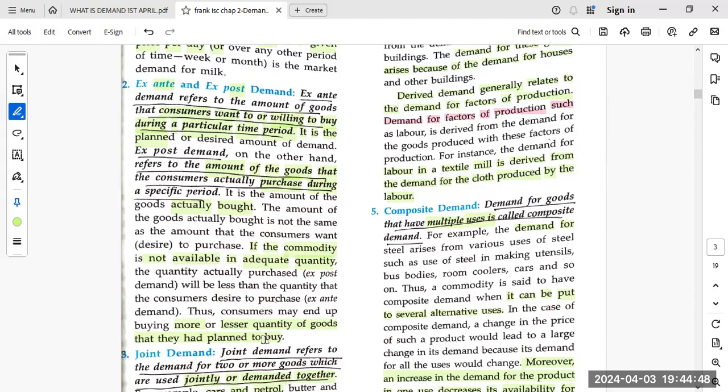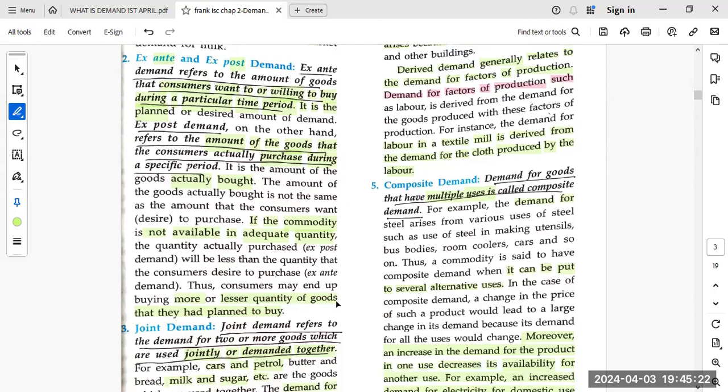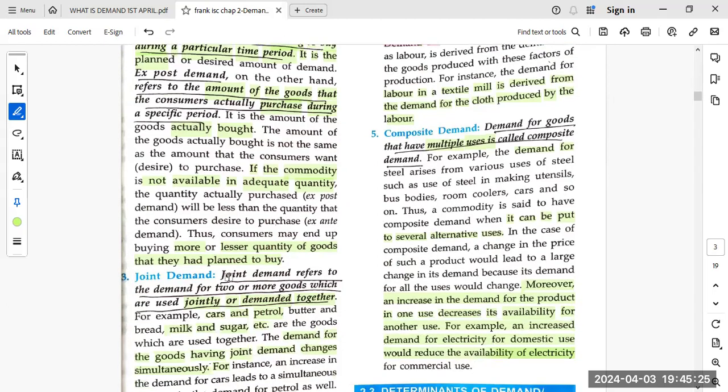Okay. In real life, have you ever encountered this, that you have planned something and purchased some other quantity? Yes, ma'am. Generally with food items, you would have planned to eat 20 rupees of pani puri and you would have had 30 rupees of pani puri. It happens, right? I'm just naming food. You will be thinking, why, ma'am, during studies you're telling noodles and pani puri. Okay, don't worry. Immediately after class, you will have dinner only.